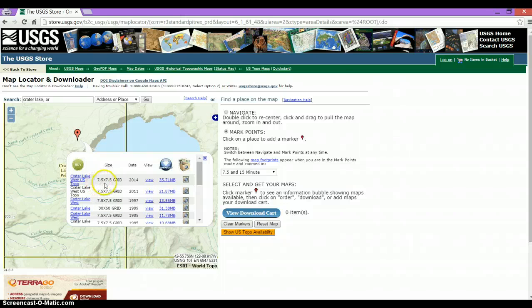We know we want the 7.5 by 7.5 grid. You're probably going to choose the most current one. It says Crater Lake West Topo, which is the map we're looking for. And then it gives you three different options. You can do the view. You actually want to do the download option. And then this third column is actually the purchasing option, which is not what we are looking for because you are able to download this. All right, so once you click on this,